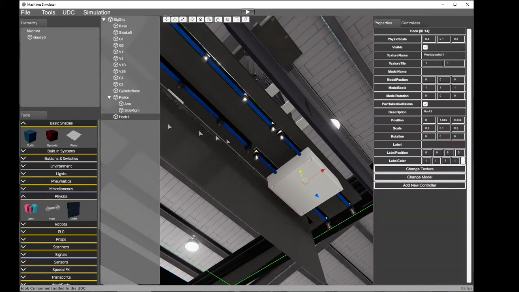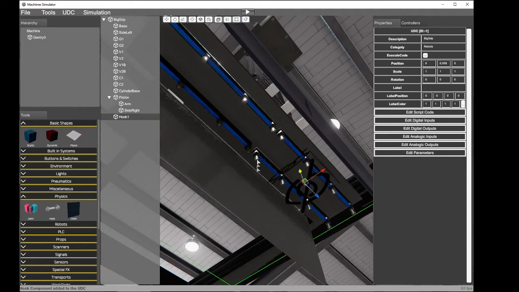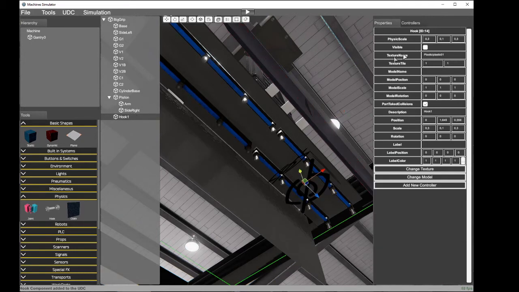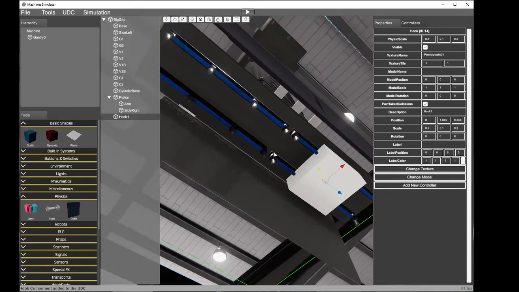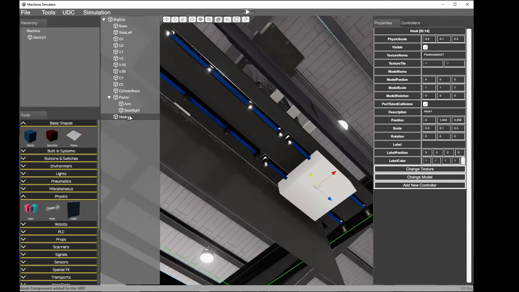Okay, now we have finished this. Since we cannot see the shape, we can change the visible property. I don't want to see the shape of the hook. But before changing the visibility, I'm going to duplicate, clicking in the toolbar, duplicate. I change the name and